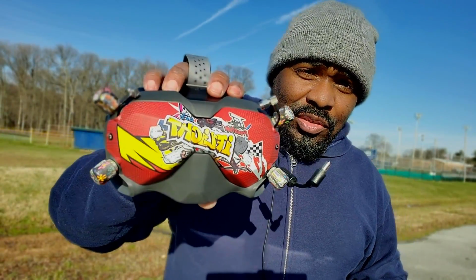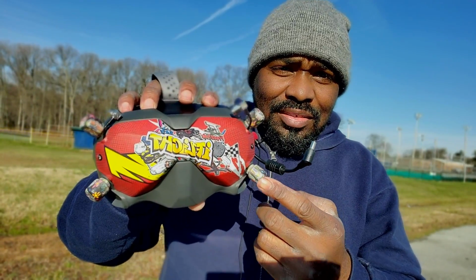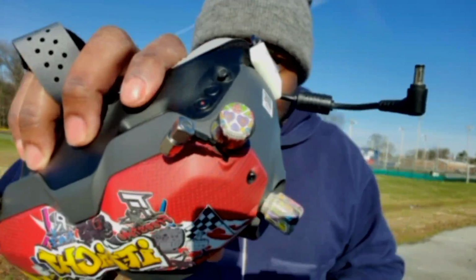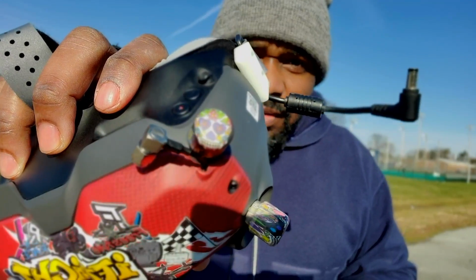I didn't think I was going to like it that much. I know I like red. I don't think I like these antennas as much anymore, because those color splashes have this little skull pattern on it. I don't know if I can get that to focus, because I'm in this focus mode right now. It's got this little skull pattern on it, which, if I can get it to focus in there,